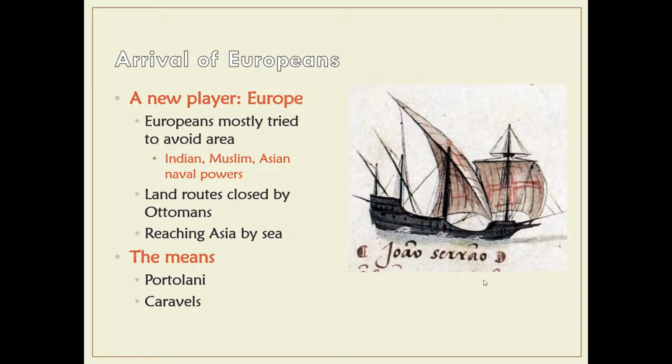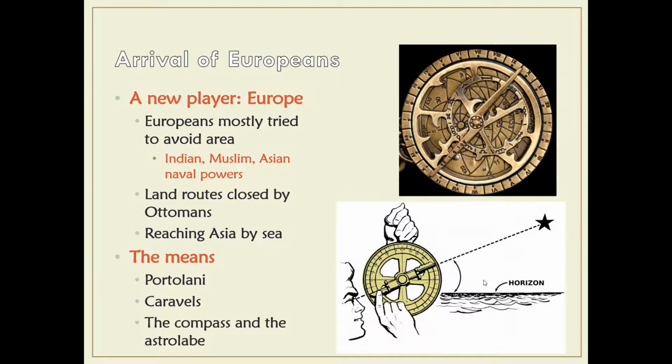You also had better ships, caravels, ships that were mobile enough to sail against the wind and engage in naval warfare. They were large enough to carry substantial goods, but pretty mobile, fast and sleek, yet they could carry a lot of goods, which is what you wanted. And then, of course, you have things like the compass and the astrolabe, being able to navigate by the stars and celestial bodies, so you can actually sail at night, know where you're headed and what your bearing is, and make it through uncharted waters, especially.